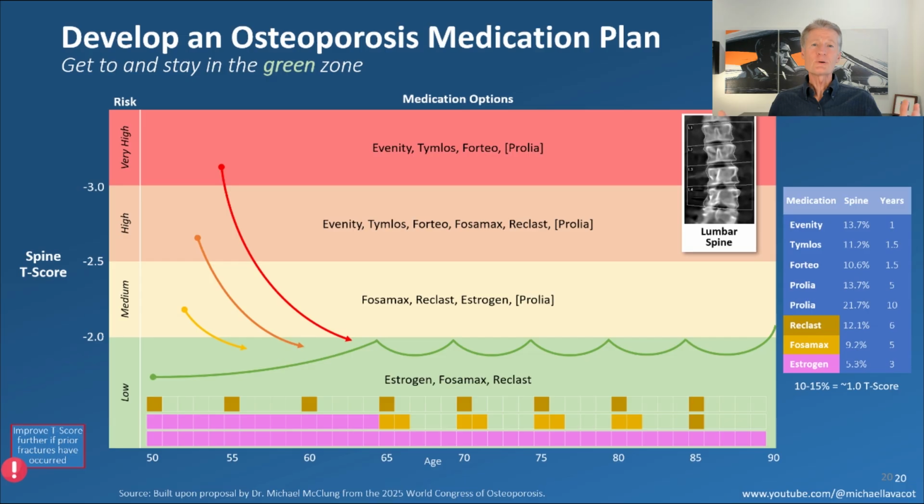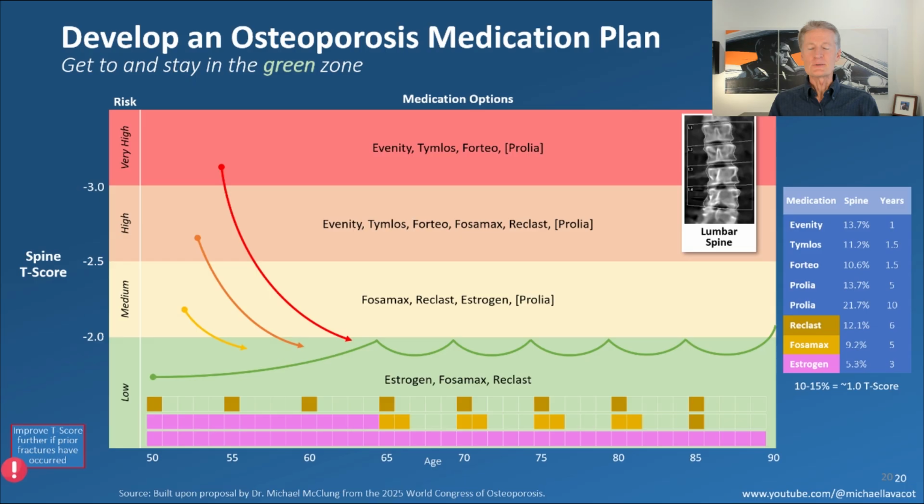And then finally, if you're lucky enough, right, to be in this low zone, we're trying to live this dream with my wife, right? We're going to try to just keep her in this low zone. So now you see these 3 bars at the bottom. These are 3 various options. You might choose one over the other for various reasons. But we're going to stick with the bioidentical estrogen that our body used to make. That's the choice that we're making. And you know what? With any luck at all, she won't even leave this -2.0 zone. And so that's the plan until something goes wrong.